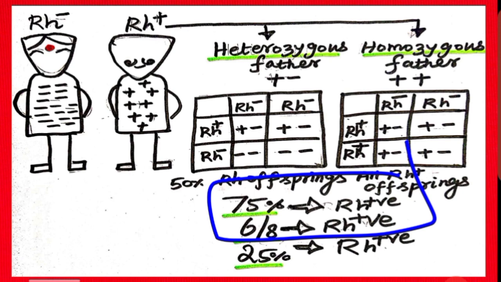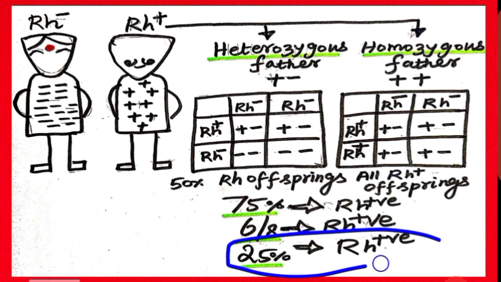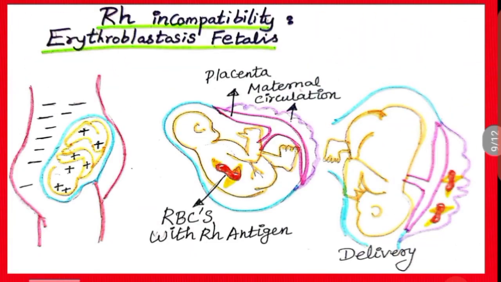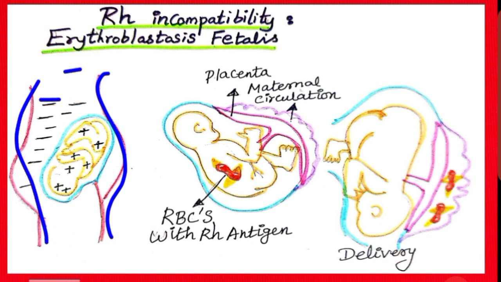Got it? In 25% of the cases, an RH negative mother will conceive an RH negative child. In this condition, there are no issues at all, right? But let us consider an example. An RH negative mother, see, this is an RH negative mother, will conceive an RH positive child which contains RBCs with